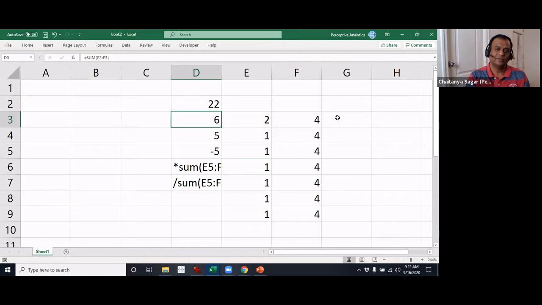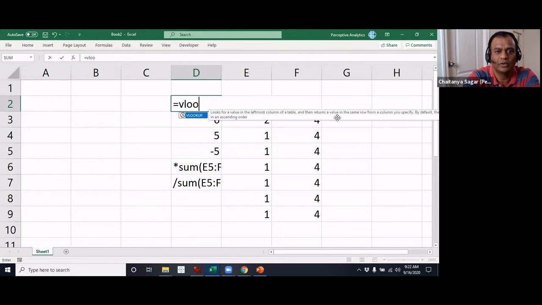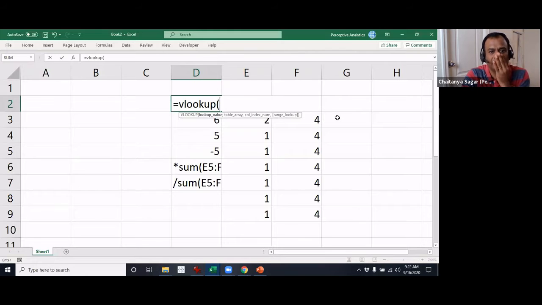As opposed to this, for example, in some cases there will be a fixed number of parameters. An example of this is VLOOKUP. When you have a VLOOKUP, let's say I'm looking up for this one, and there's something called a table array. Can you see this in the help that you get right below the formula? You don't have a dot at the end. Do you see that? It means that you have a fixed number of parameters.